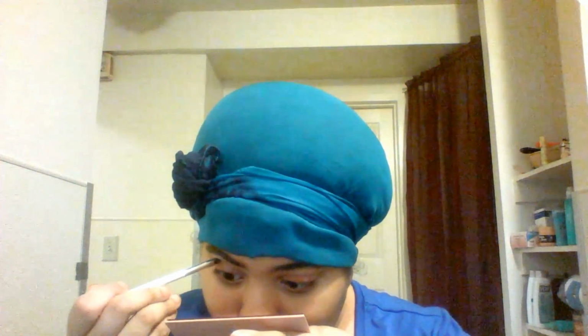So I'm just going to use the mirror to get as close in my crease as I possibly can. It will likely help if you close your eyes. And I know I do this often because I want it to be in my crease. So if you see me closing my eyes, I can feel myself running the brush back and forth. And then I'll go in and look in the mirror to check the crease. Now, if I close my eye, you can see all the color up in my crease, just the way I want it. So next,